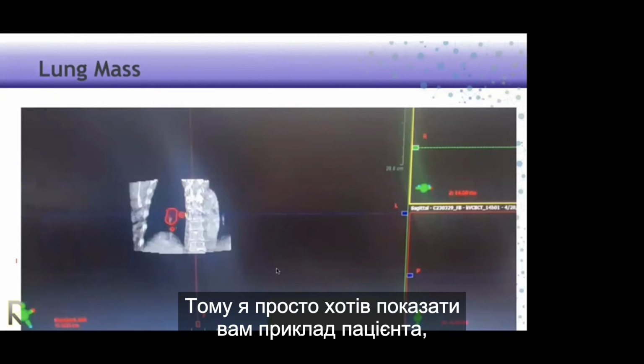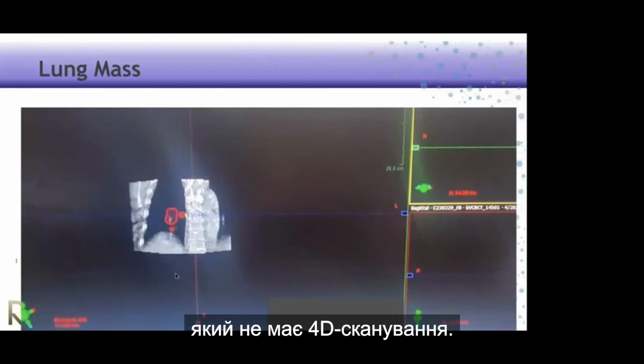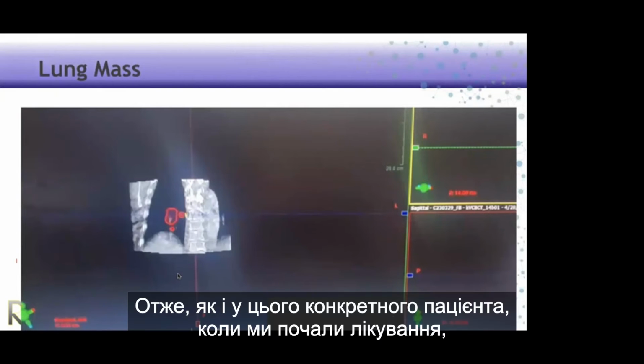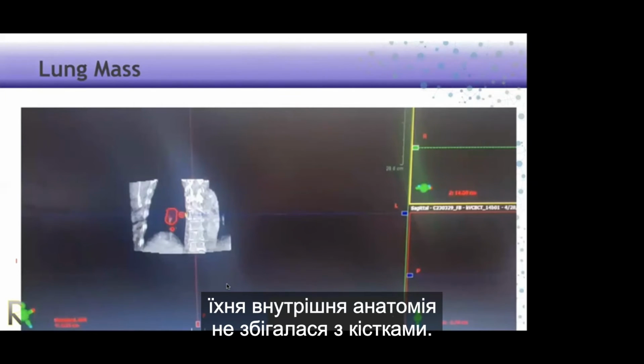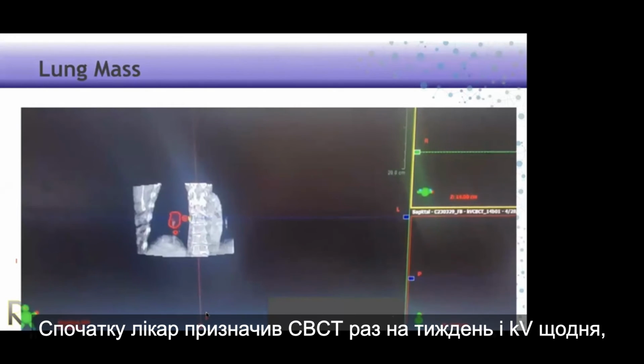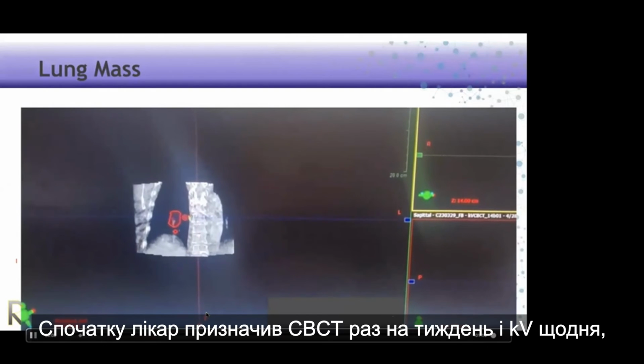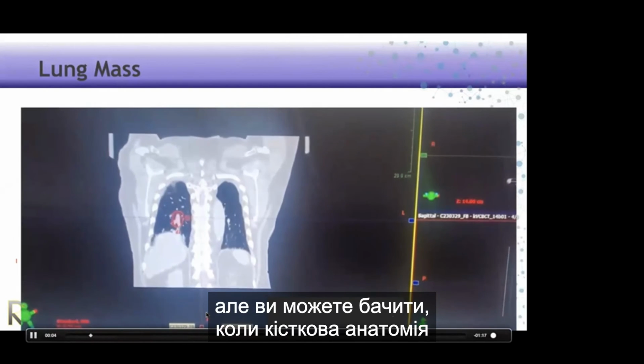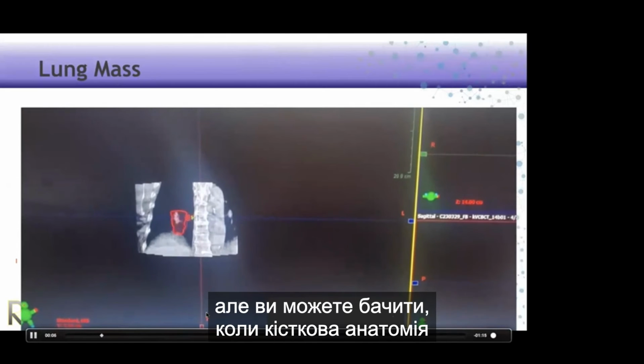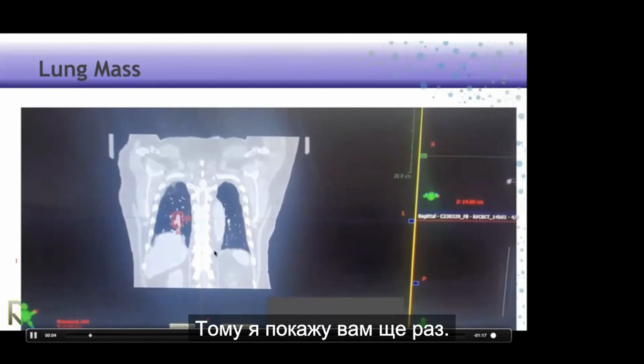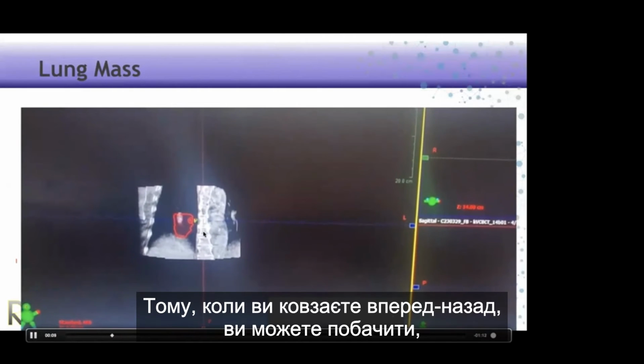So I just wanted to show you guys an example of a patient who doesn't have a 4D scan. Also, this particular patient, when we started them, their internal anatomy didn't align up with the bone. So the doctor originally ordered a cone beam CT once a week and KV daily, but you can see the bony anatomy is significantly off. I'll show you one more time when you slide back and forth, you can see that the bony anatomy